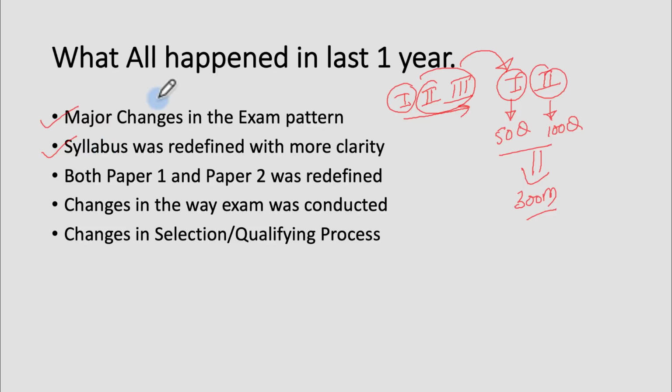And then again, as you see, the structure of both paper 1 and paper 2 was redefined, which is a much better structure as compared to before. This is a very appreciable change that you can see here. Even when I said major changes in the examination pattern, they also had a major change in the selection as well as the qualifying procedure. So a lot of things happened in the last 1 year in UGC NET exam preparation,